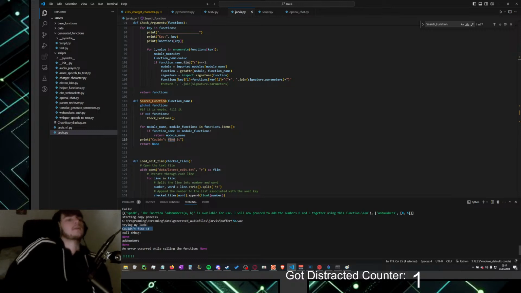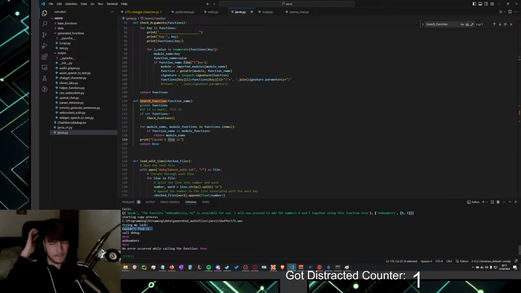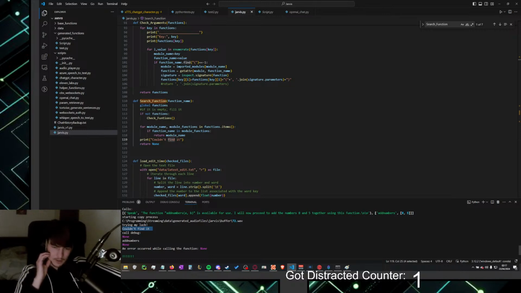Couldn't find it. Okay, that's the problem now. Because in the functions thing it is with curly brackets, but the call had the curly brackets removed, so it is not working.